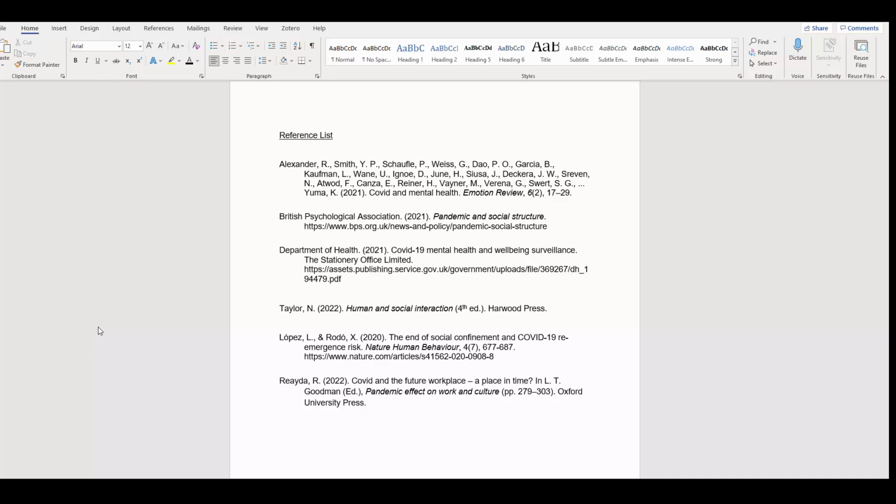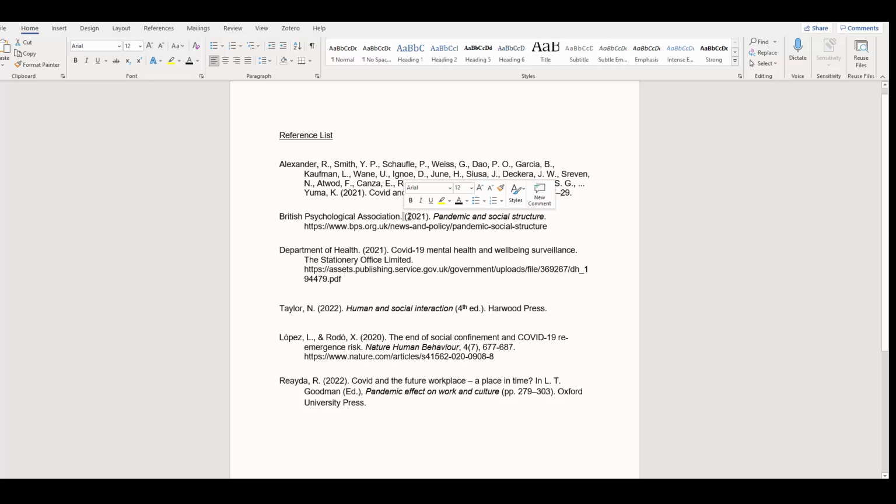Now let's take a look at the individual reference entries, and you will see that the author's and the editor's names are inverted. So the last name goes first when we're entering that information, and then that is followed by the initials, and full stops are used after each of the author initials, and spaces are inserted between initials. You'll also note that full stops are used after corporate names,